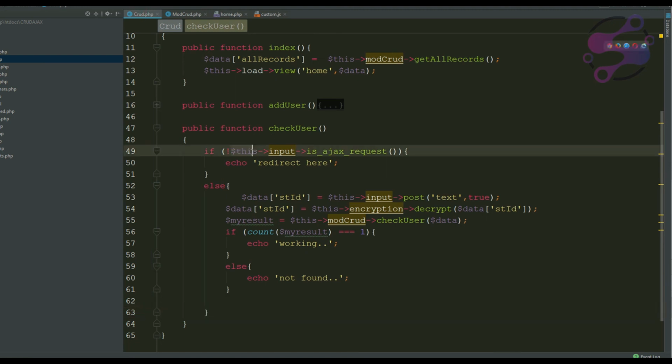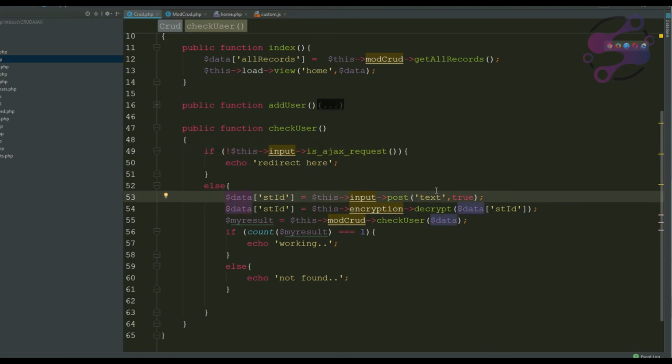We are checking the Ajax. If the Ajax request occurs, we are receiving our text field which is the encrypted ID, and we are decrypting it here, and